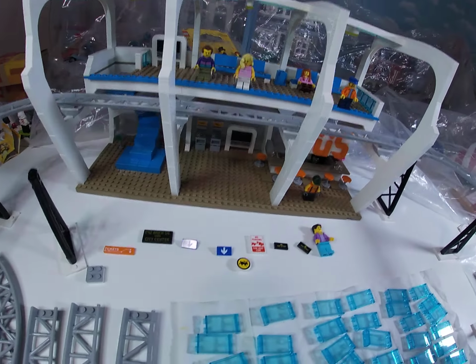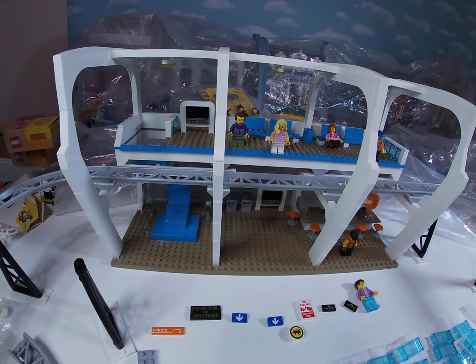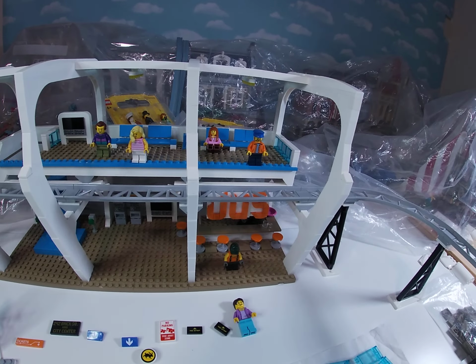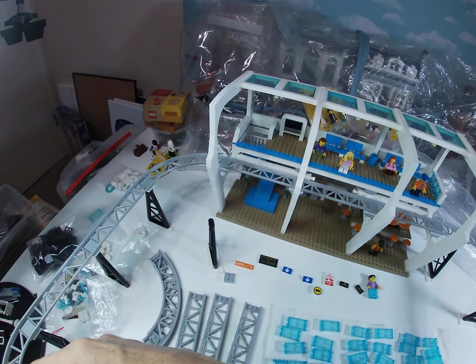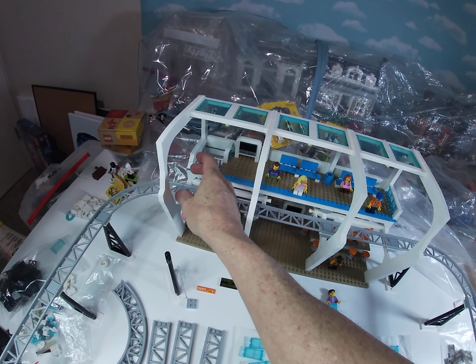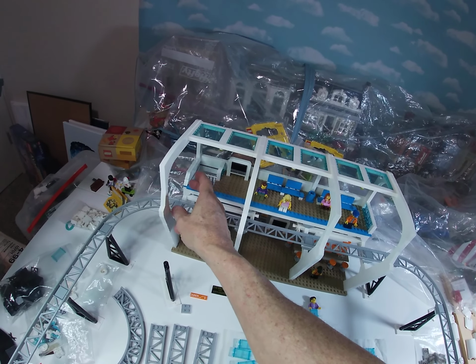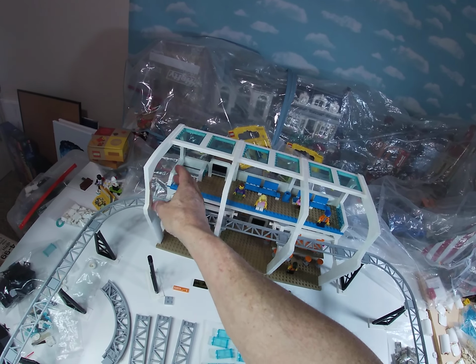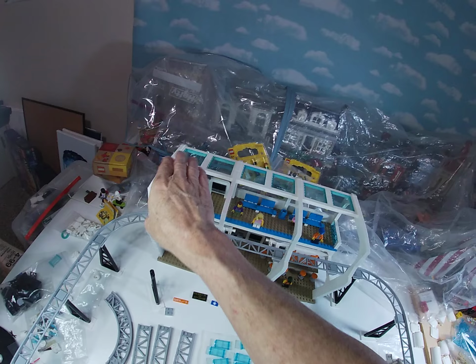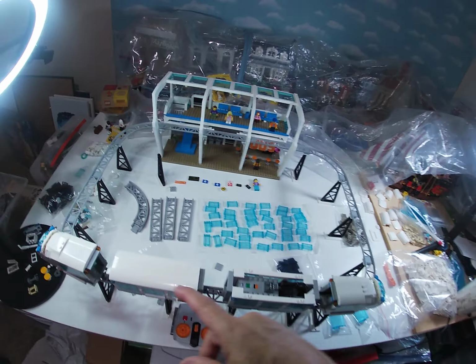And then the station, I'm really happy with that, but I need to add lights. So I think that's my next challenge. It's going to be hard to hide the lights in there. And by the way, this had to be modified also, of course, for these bigger cars. But Jazzlecraz has a guide to widen this. I had to use that only as kind of reference because I had to go even wider, and I think I even went a little taller just to make sure there's room for the new cars to pass through